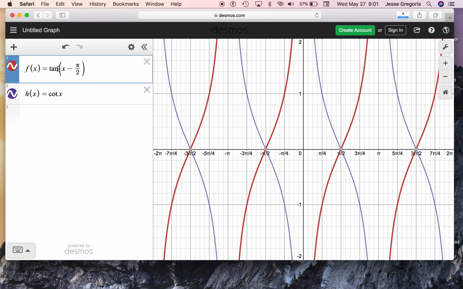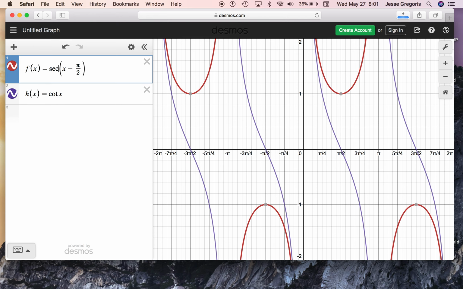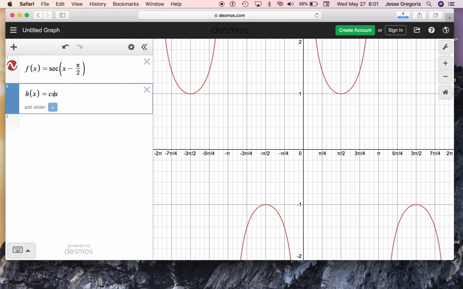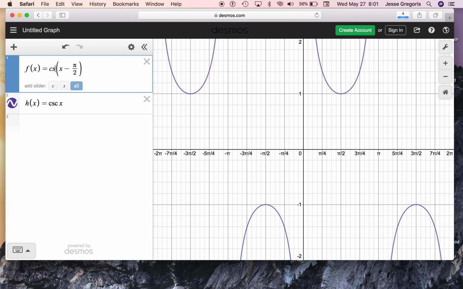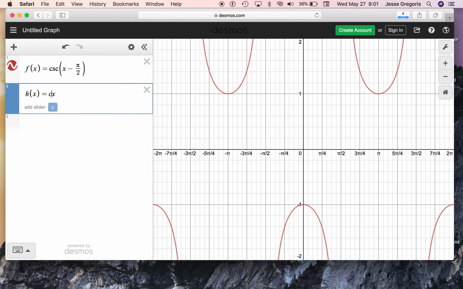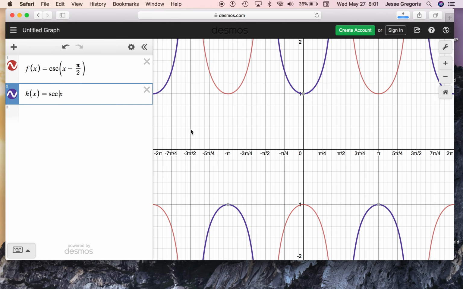This would work for other functions that have even relationships. Like, for example, if I took secant and cosecant, this works because secant is an even function. But if I change the order here, cosecant and secant, it doesn't work. So I preferred that order of pi by 2